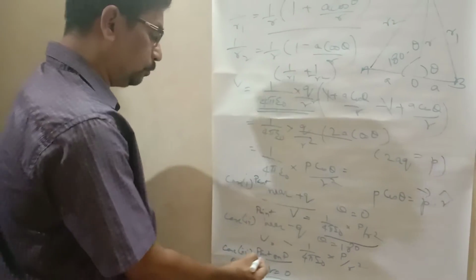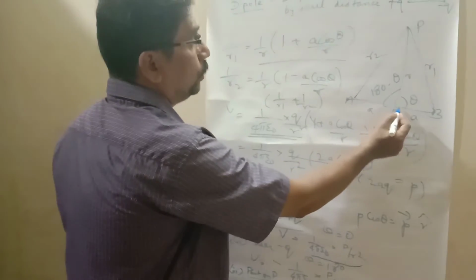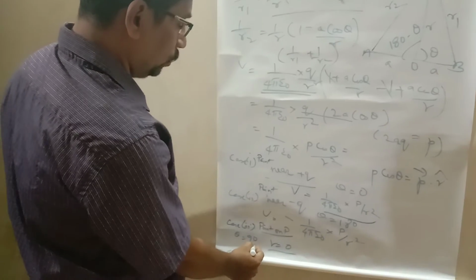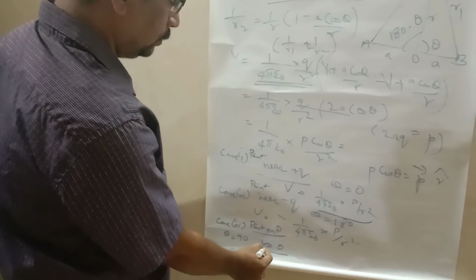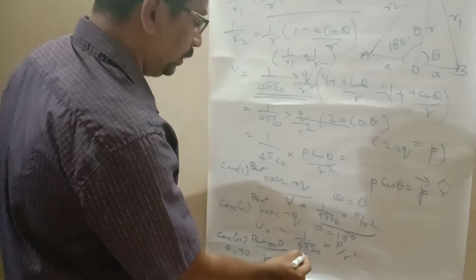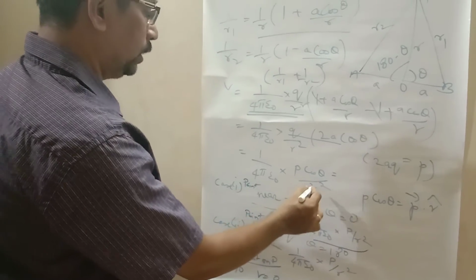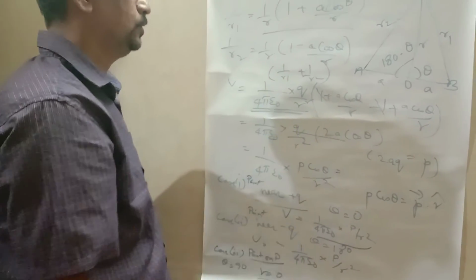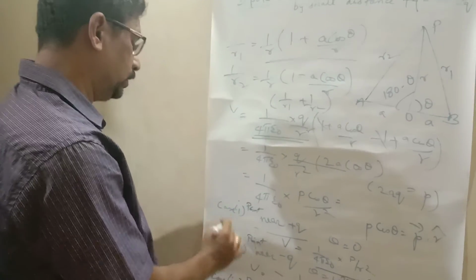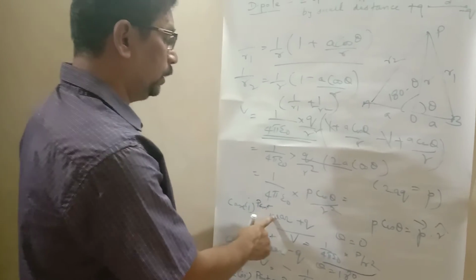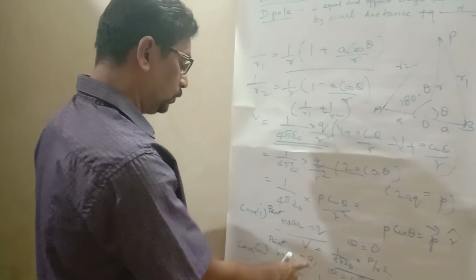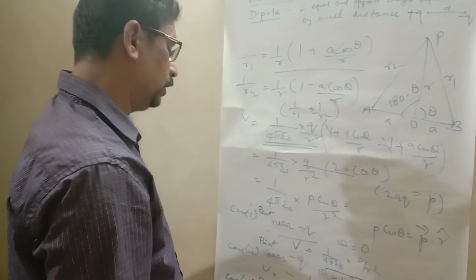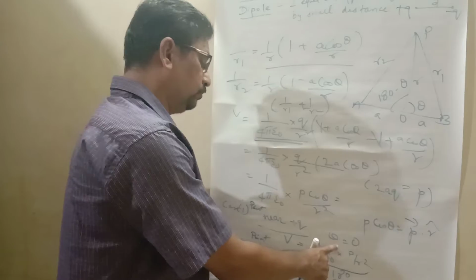And the third case is when the point lies on p itself. Point is on p, then theta is equal to 90 degrees. Then the value of V, 1 by 4 pi epsilon naught into p cos theta by r square, becomes 0. That is the final value becomes 0. So there are three cases: case 1, case 2, and case 3. Point near plus q, point near minus q, and point on p, that is on the equatorial line itself. So in all these three cases, the value of theta changes.